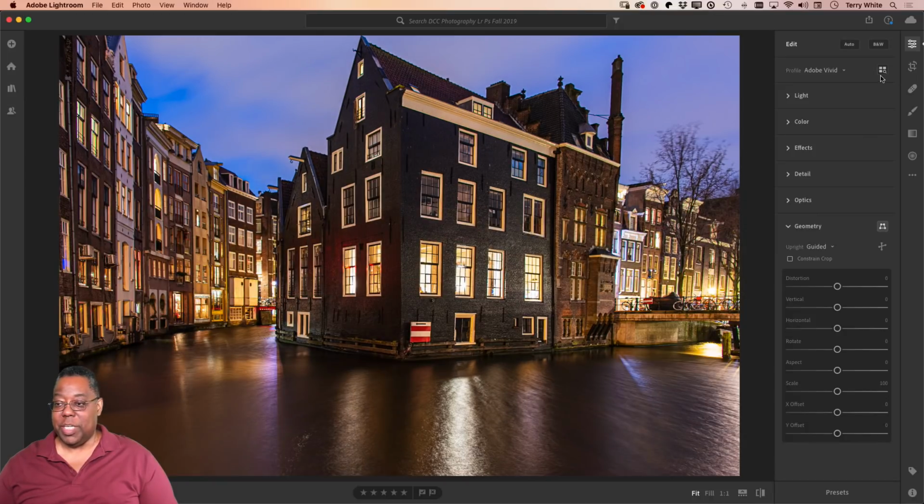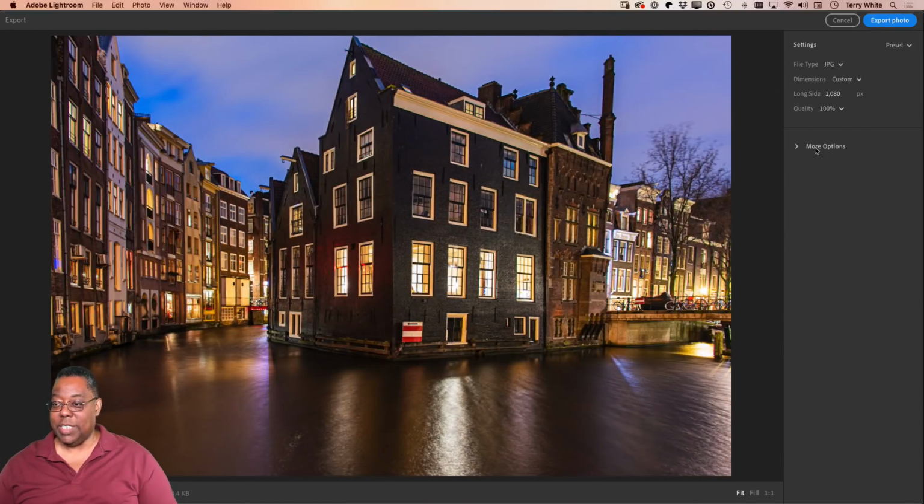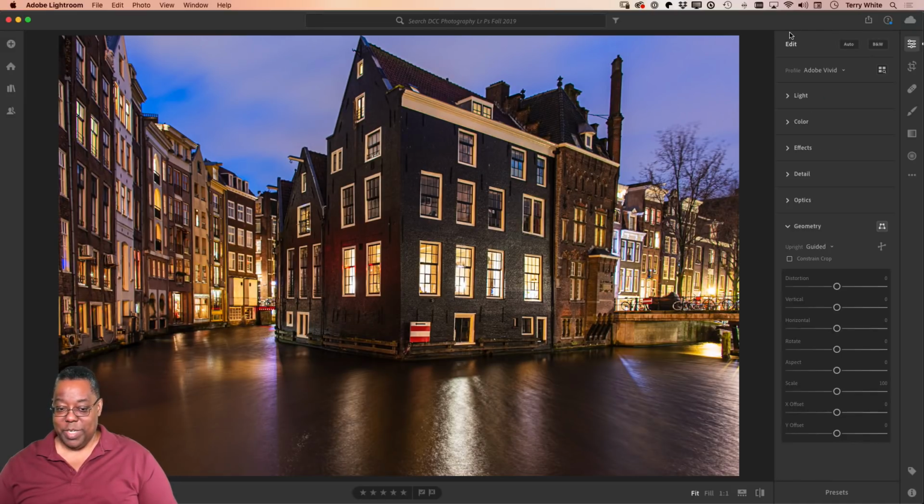Same thing for Lightroom. If this was the finished image, we would just go to Share and export it out using whatever sizing you want, at least 1080 or bigger. And of course, if we were doing this in Photoshop,